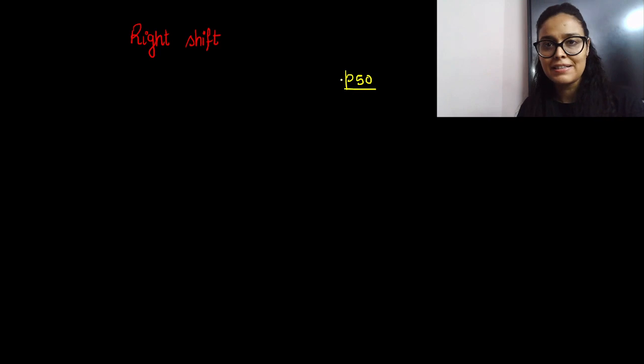So I have shown you the graph. We have seen that in some part of the body it will show the right shift, and in some part of the body the left shift. And we will see which part of the body shows the left or right shift. It is again very important. First of all, let's talk about the P50 value. P50 value means the value of the partial pressure of oxygen required to saturate 50% hemoglobin.